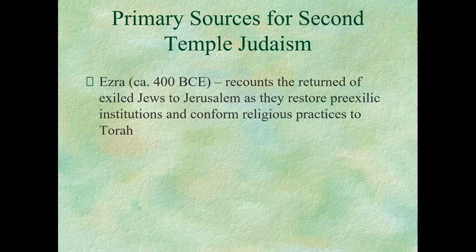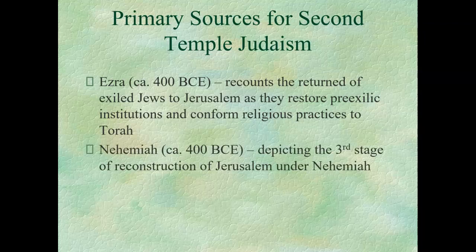Another thing, before they were exiled, the kind of institutions, the religious practices that they believed happened before they were taken off, and particularly trying to get practices that conform to Torah, conform to the reading of the law. We also have Nehemiah, again around 400 BCE, and it's depicting the third stage of the reconstruction of Jerusalem, destroyed by the